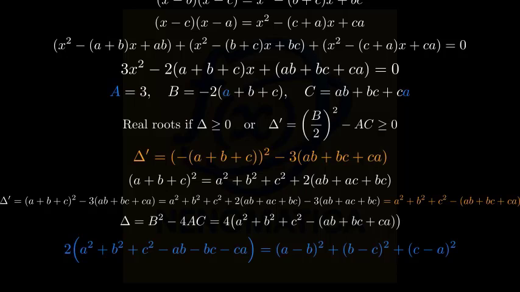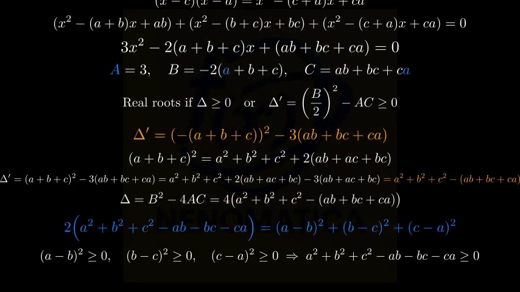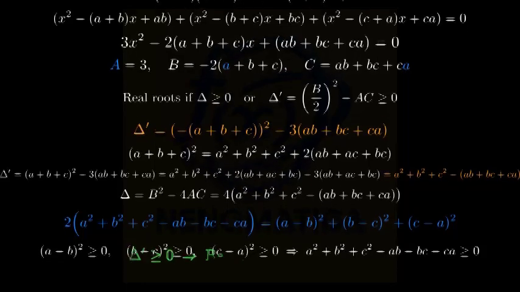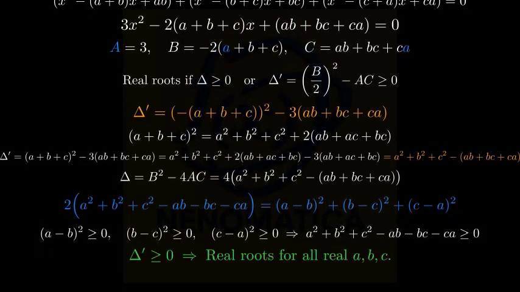a) = (a − b)² + (b − c)² + (c − a)². Since every square of a real number is non-negative, their sum is non-negative. Therefore, the expression a² + b² + c² − ab − bc − ca is greater than or equal to 0. Hence, delta prime is greater than or equal to 0, and the equation always has real